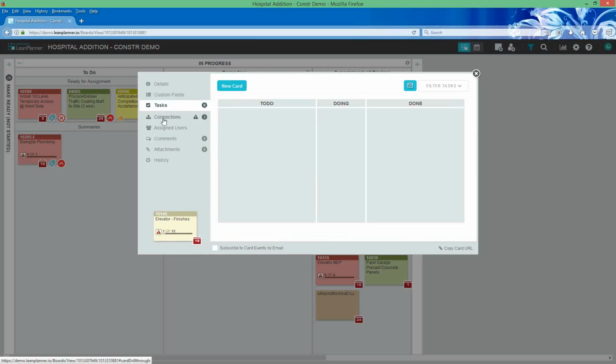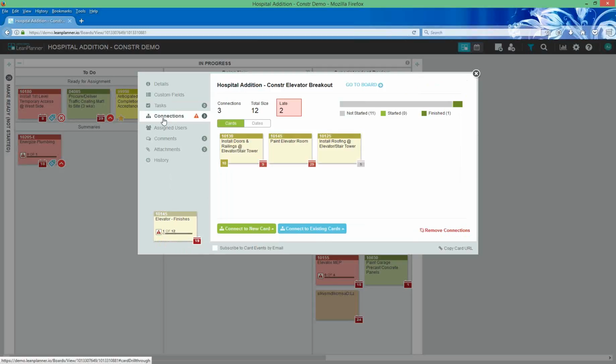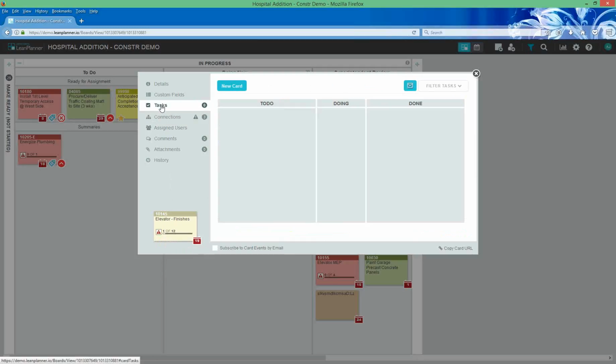So to me, the difference is that connections are a team level discussion, right? Whereas tasks are simply, hey, I've got this activity that I need to do, and I might have a stack of papers or a report or some permits that I need to file.